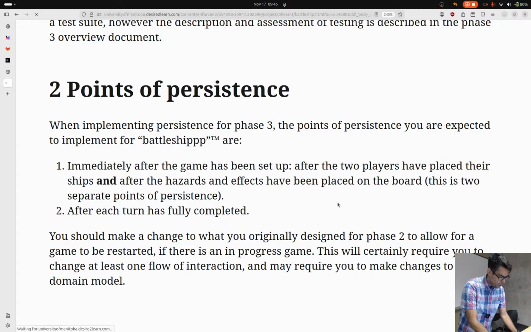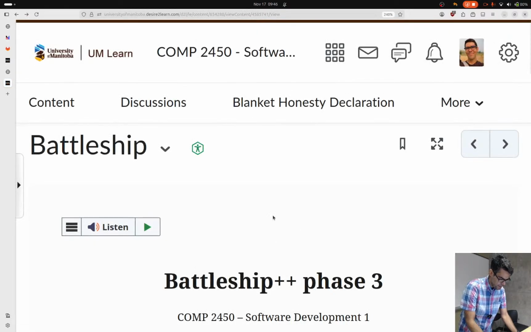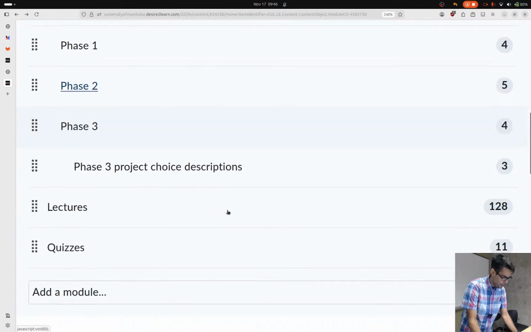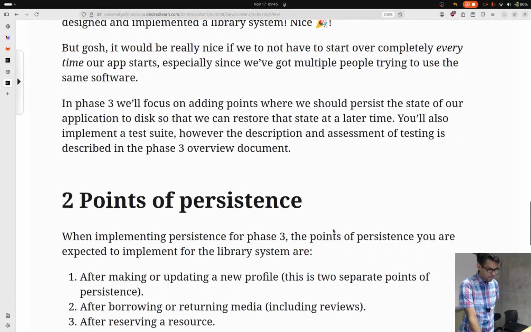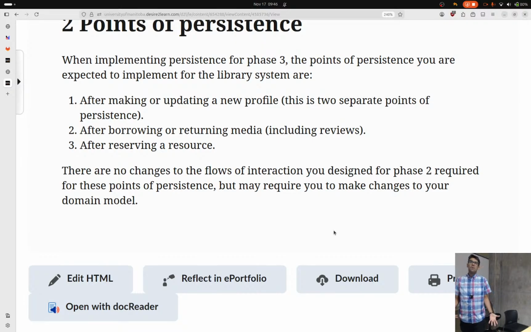For the other 2 projects, I will quickly look at one of these other projects here. I'll look at the library. The points of persistence that we're looking at here are: you've made a new profile, so I've made a new member and I want to save the member that I've made after this point. You've borrowed a media. I want to save that you borrowed a media so that we don't lose that record